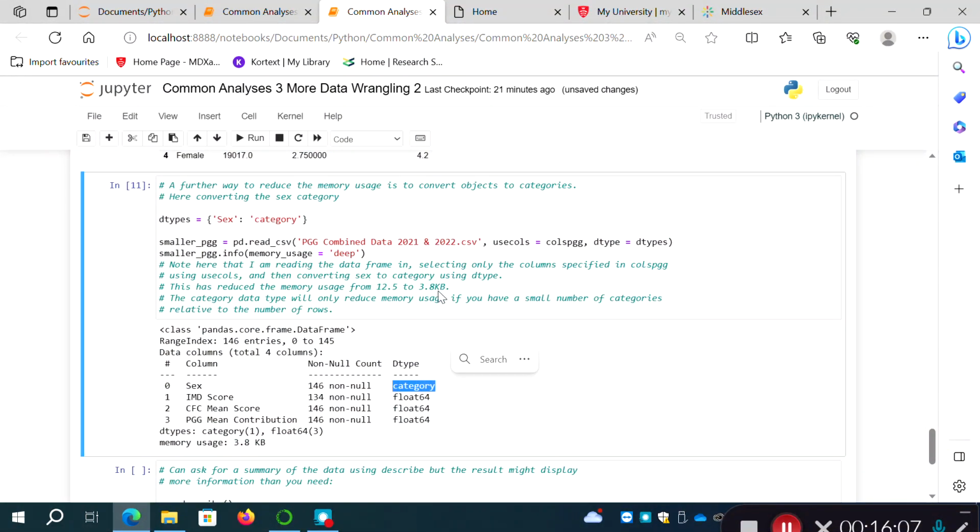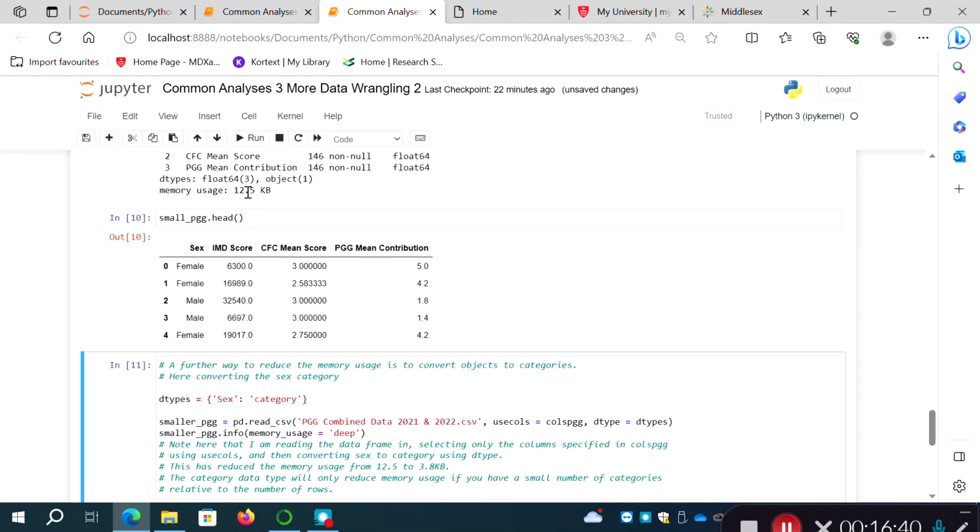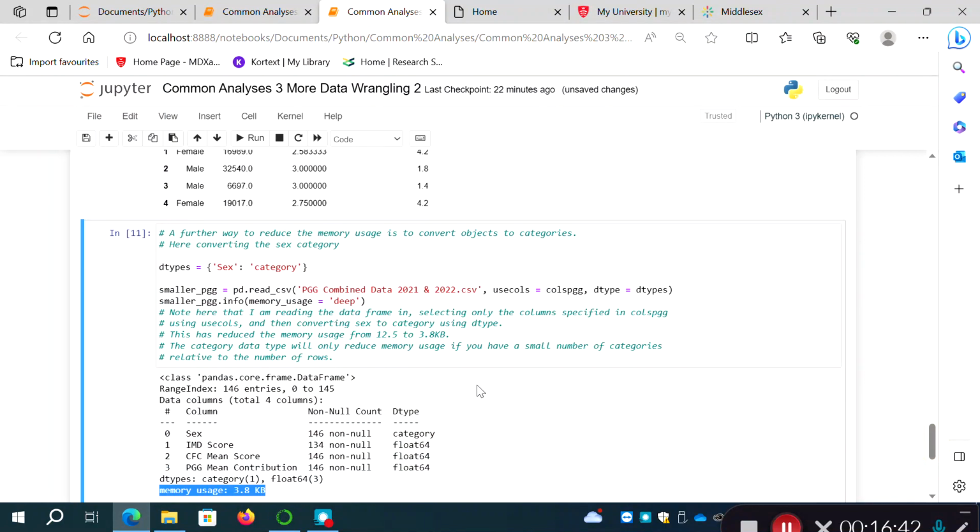Here it's imported as a category. So what I did there was I read in the data frame, selecting only the columns specified in cols_pgg, using usecols to do that, and then I converted sex to category using dtype and specifying this dtypes object that I'd created up here. Okay, and if you notice now, if we look at memory usage, it's shown as 3.8 kilobytes. So it's reduced it down from 12.5 kilobytes to 3.8 kilobytes just by converting the sex variable from an object